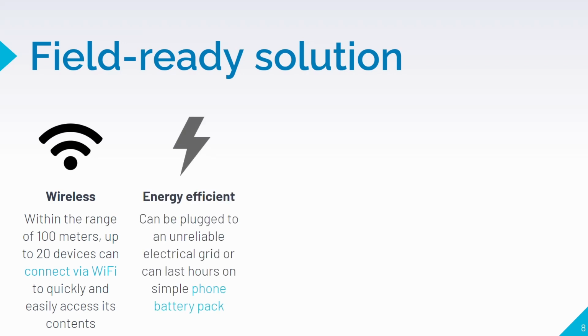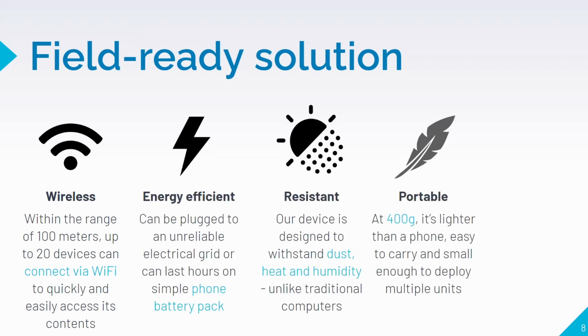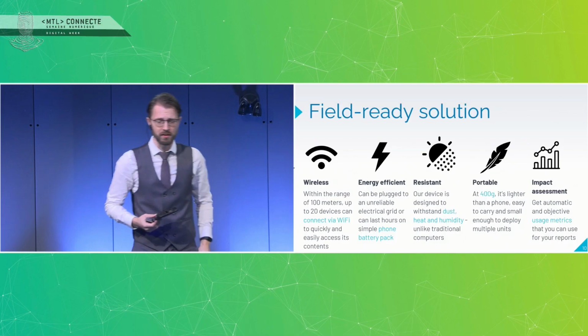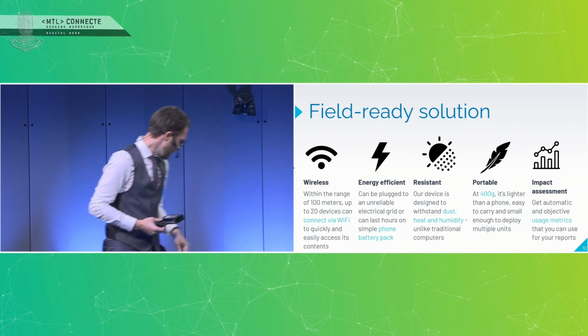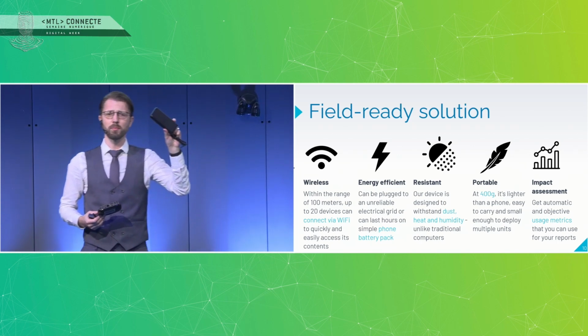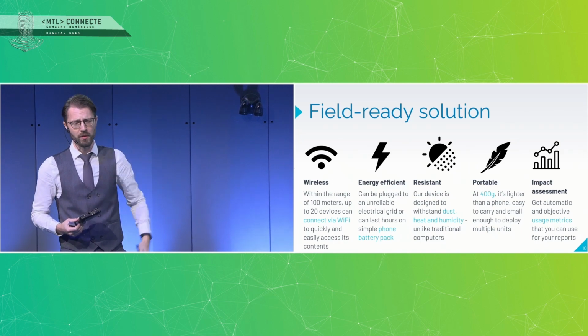And the reason why organizations use this is because, first of all, it's wireless. You can use your good old Wi-Fi. You don't need anything fancy. We tried, even on a phone like that, you can connect, and that's an unlimited buffet of content. It's quite power efficient. Often what people do, for example, in the case of Parks Canada, is they'll use a simple portable battery, and this powers it through the day.